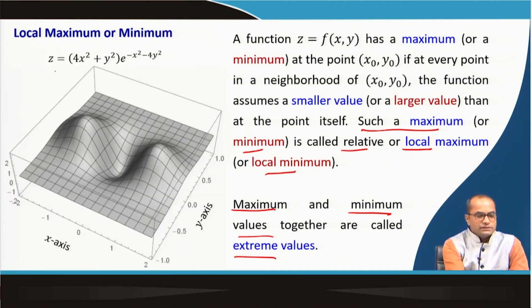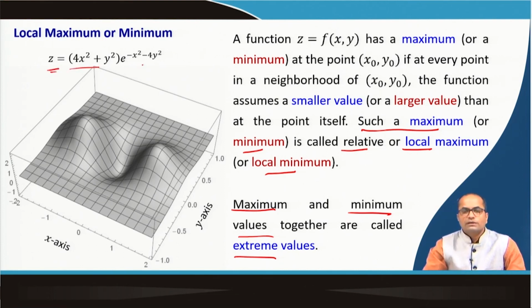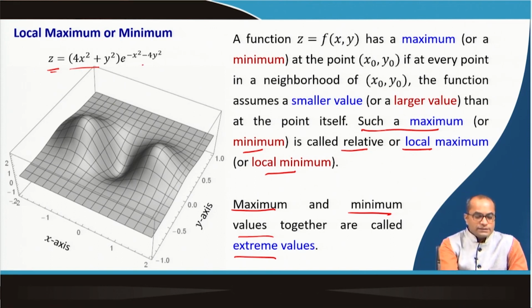So, for instance, here this is the surface for this function z is equal to 4 x square plus y square times exponential minus x square minus 4 y square. As you can see, there are several points which one can easily identify from the graph itself. For instance, this point here is a point of local maximum, because the function is taking smaller values in the neighborhood of this point. Similarly, at this point as well, it is taking a smaller value. So, this is also a local